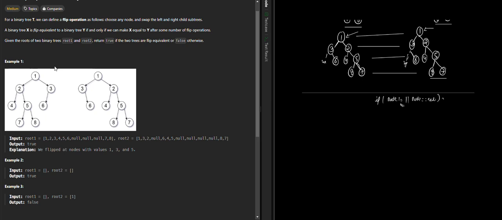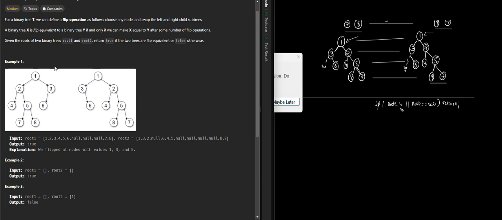If any of the nodes is null, we can directly return 0. That means there is no benefit, so our answer will definitely be 0 if any of the nodes is null. But before that, if both nodes are null, that is another condition. We can write that condition above this one.